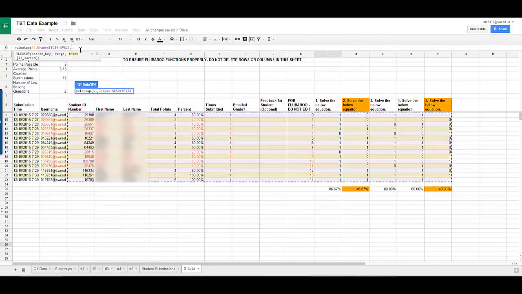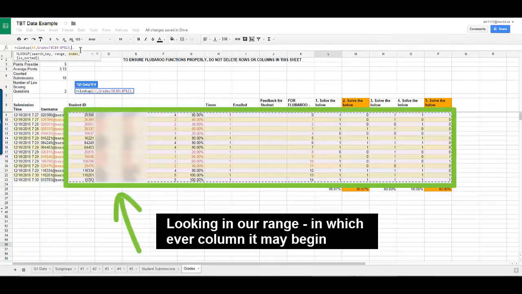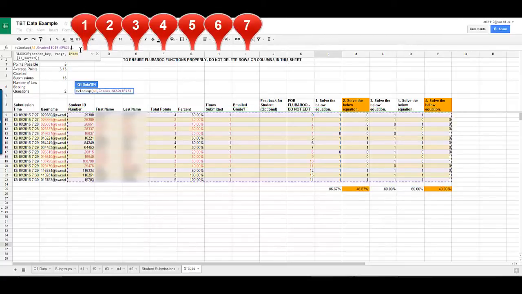I'm going to stay on the grades sheet for the next step. The index is the column number that we want it to return. So right now I'm looking at the first question, and I have to figure out what column that is in. So I start in the beginning column of my range, and I count over until I get the number I want. So in this case, 1, 2, 3, 4, 5, 6, 7, 8, 9, 10 is the number that I want it to return. So I type in 10,